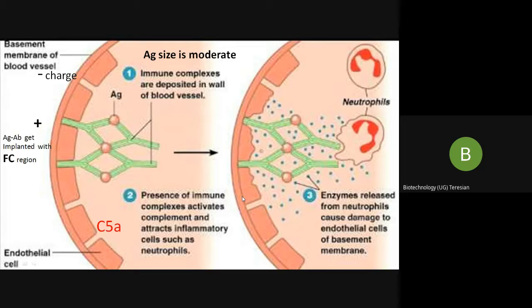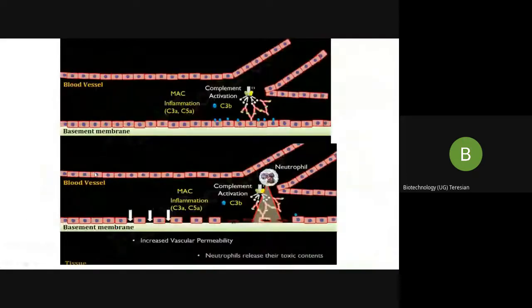And also your complement, once activated by the classical pathway, causes the membrane attack complex. So that is what we have shown here. This is the basement membrane of your blood vessels. So this is how the blood vessels remain. Look at this. What has happened here? Here you can see the antibody, particularly these are your IgG antibodies. So we have the antigen here, which is again bound to the antibody.